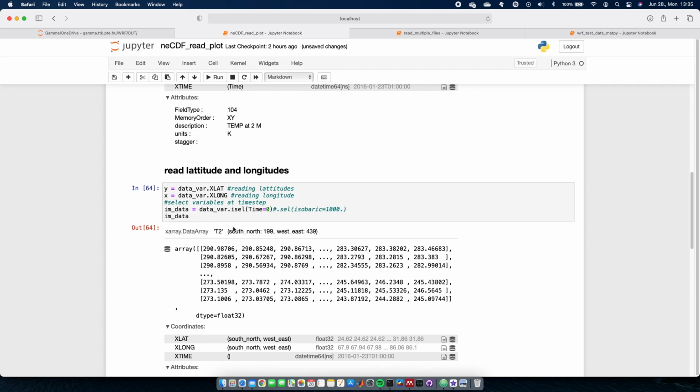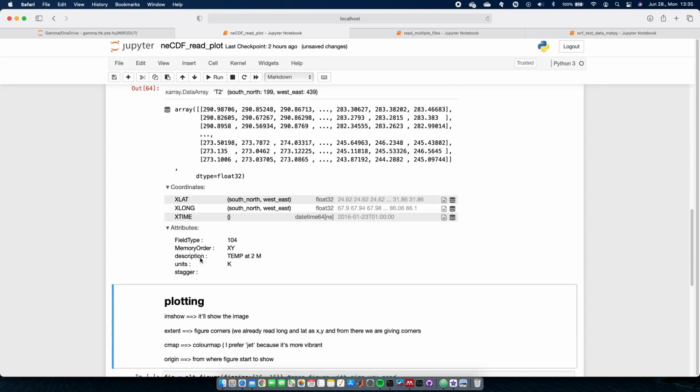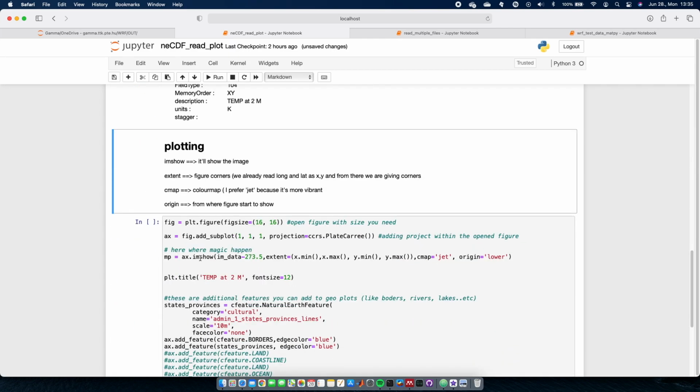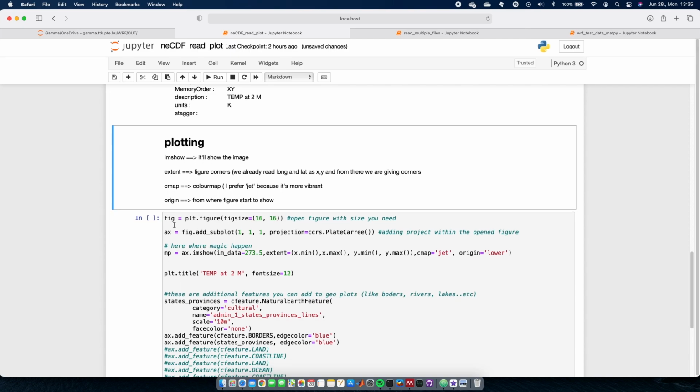After that, this is the place where the magic will happen actually. If you see figure, I'm giving a figure size. I'm opening a new figure with the help of plt, matplotlib. And after that, I'm giving the projection. I'm adding a new subplot in the figure.